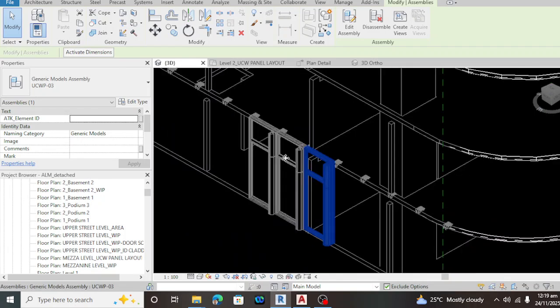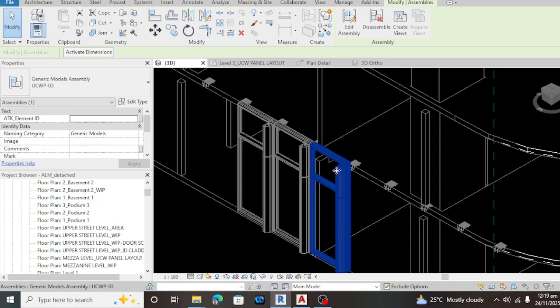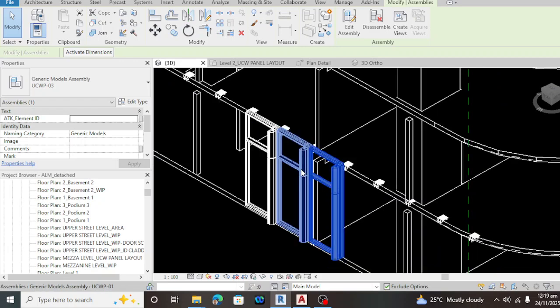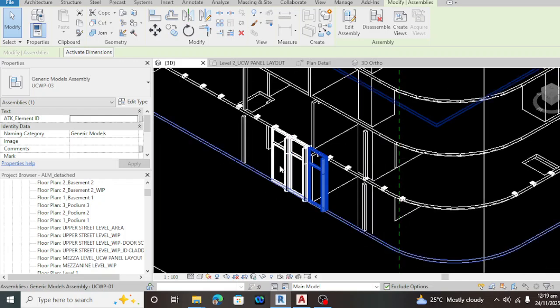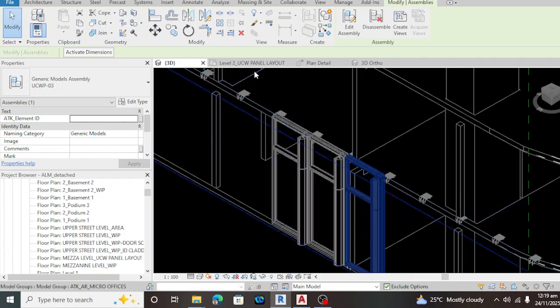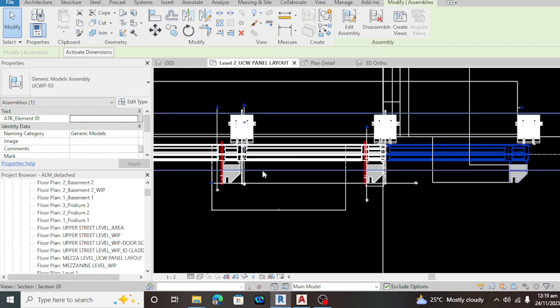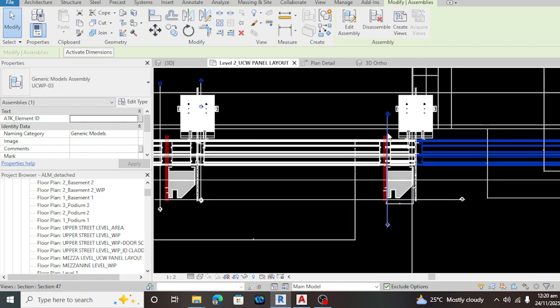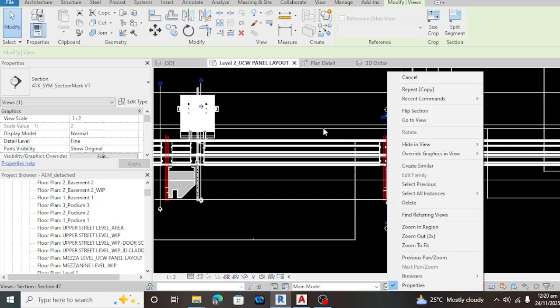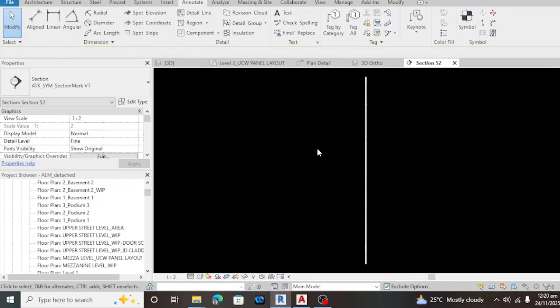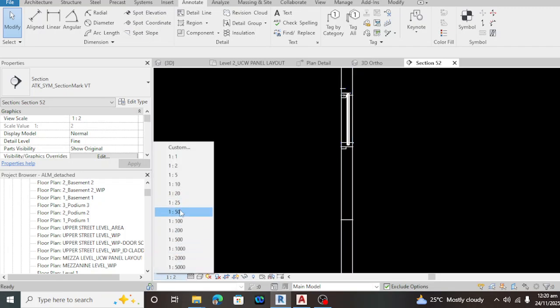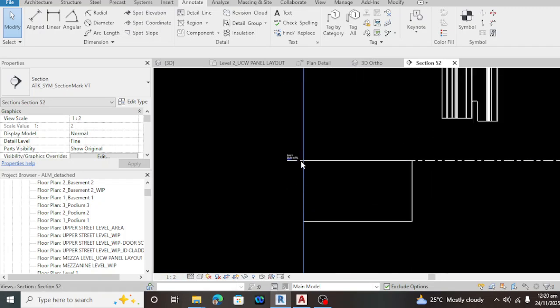How about from section, from here to the upper floors or the lower floors? Let's try the lower floors first. We're going to copy at least one of these. Let's go to the level 2 again and to the section here. Let me show you guys the level 1.